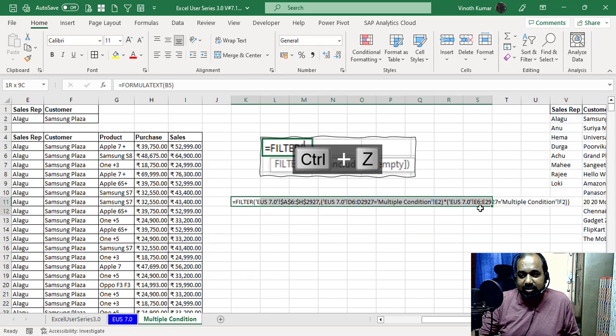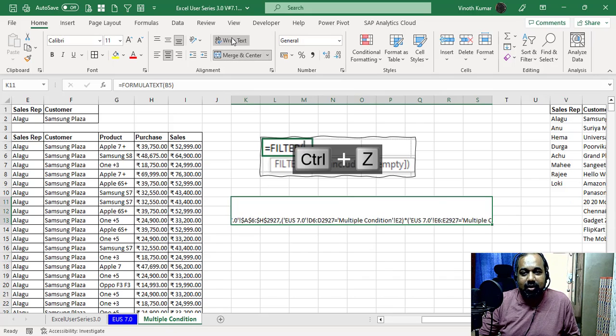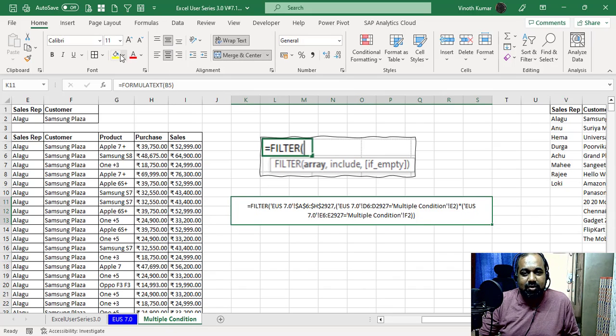Let me wrap this into two columns, so now we can see the formula very clearly. I use the normal filter function. The array is the data set that I chose, the first condition talks about my sales rep, and the second condition talks about my customer. If I had added a name manager to it, it would have been much more readable, but I'm using two different sheets here, so it says where the data comes from. This is how we build